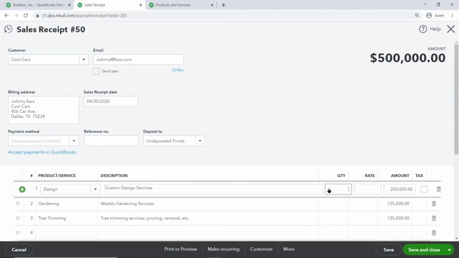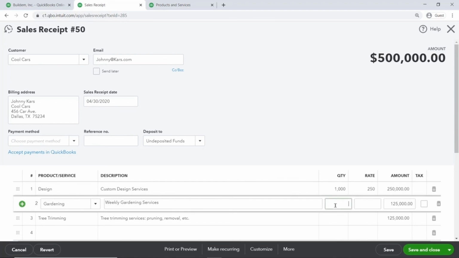For the design services, we performed 1,000 hours at $250 an hour. The total amount is still $250,000. But when this invoice is saved, the report will have data on quantity and rate. For gardening, this company is charging for 1,000 hours at $120 an hour. Again, the total remains the same,